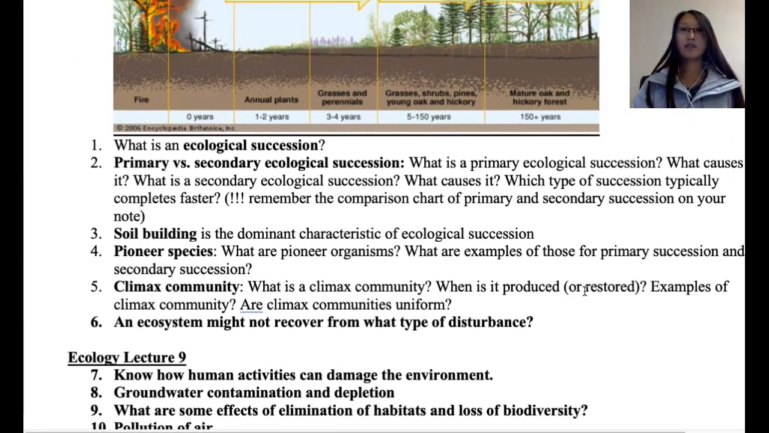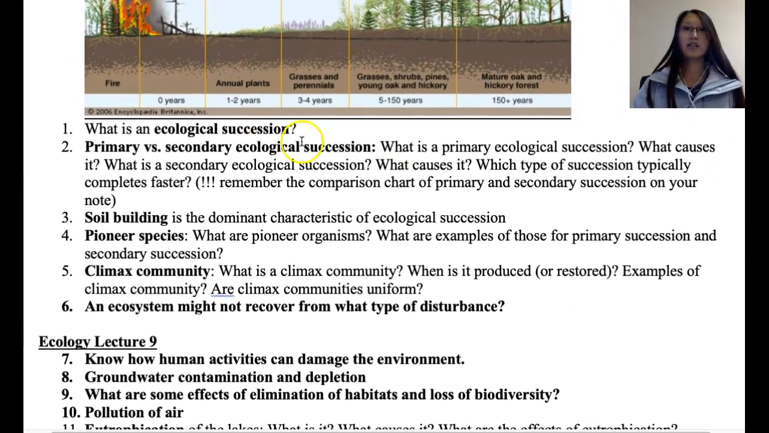So let's take a look at the questions. What is an ecological succession? Is the process of an area being destroyed and or starting a rebuild process of an ecosystem. Primary and secondary succession, some